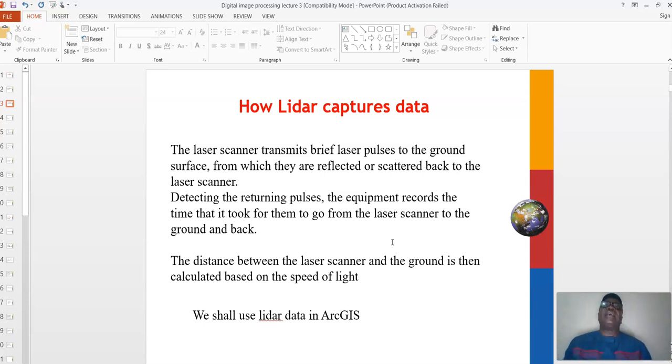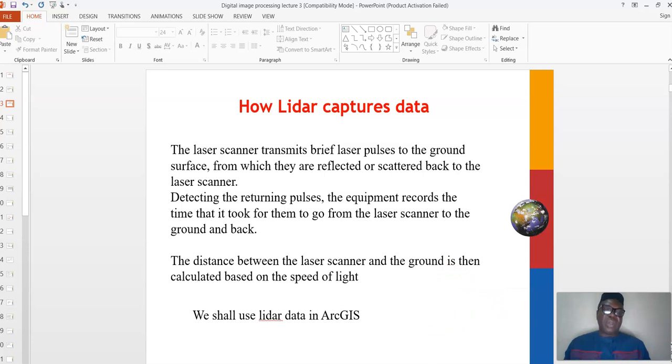captured as LiDAR data. So when LiDAR data is captured, it captures different sets of data. It captures the ground heat, the non-ground heat, and the surface heat. That is why it is easy to use LiDAR data to measure the elevation, the height of features, the height of culture, the height of features on the ground.